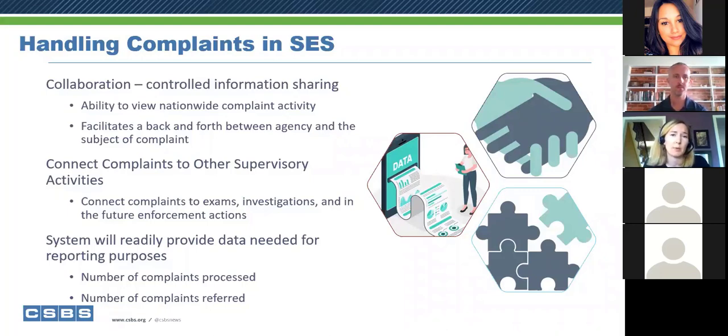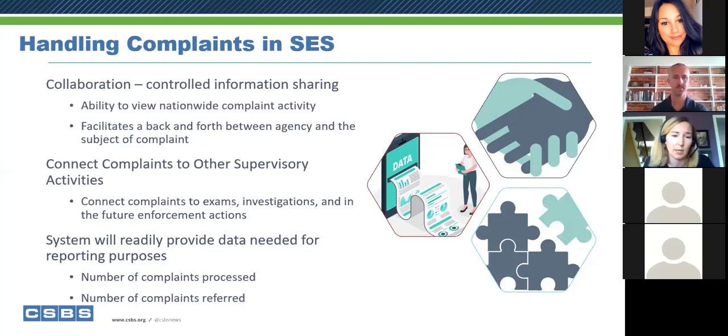So to start, some points about the collaborative aspect of the system. There's an area of the complaint system that you can go to see and click into complaints across all agencies using the complaint system. So this information is right at your fingertips. You'll be able to view basic information about all of these complaints, and then you'll have the ability to filter that list, slice and dice it the way that you want to. You have the ability to request to view additional information about other agencies' complaints if you have a need to do that. So it's a really powerful area of the system that we're really excited about, and we think that it's going to get a lot of use and activity once we launch the complaint system.